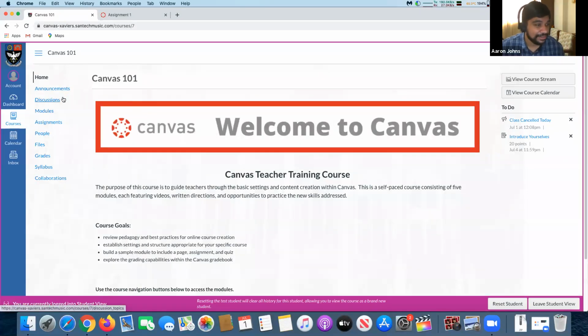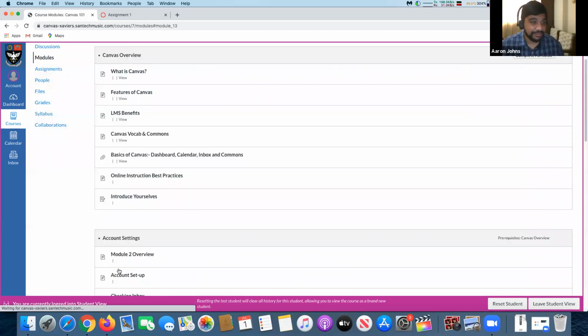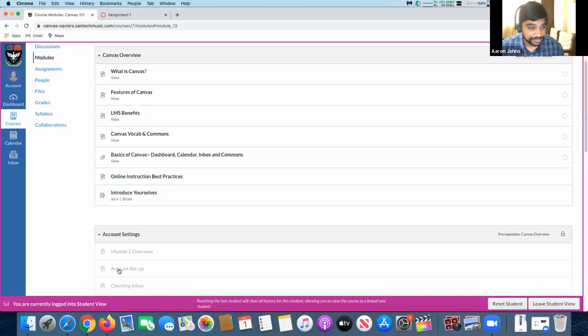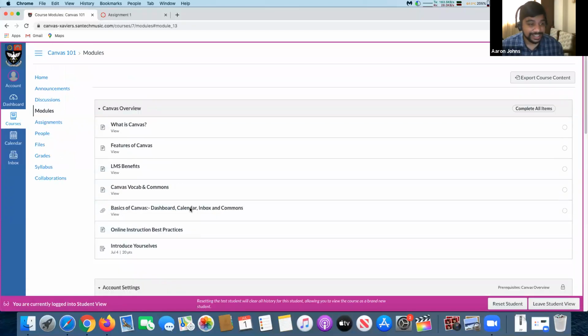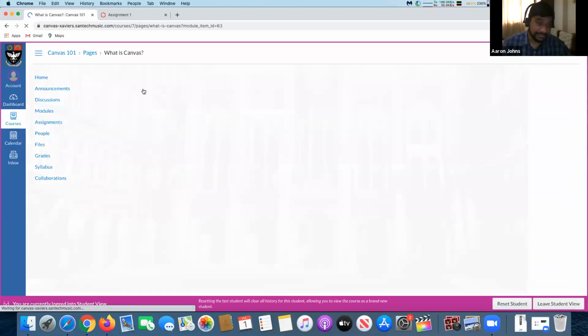So let's say now I want to start with the overview of Canvas. So I come to the modules. And as you can see, I have to complete these items before going to the next. So you set requirements like, for example, now what is Canvas? I have to read what is Canvas.